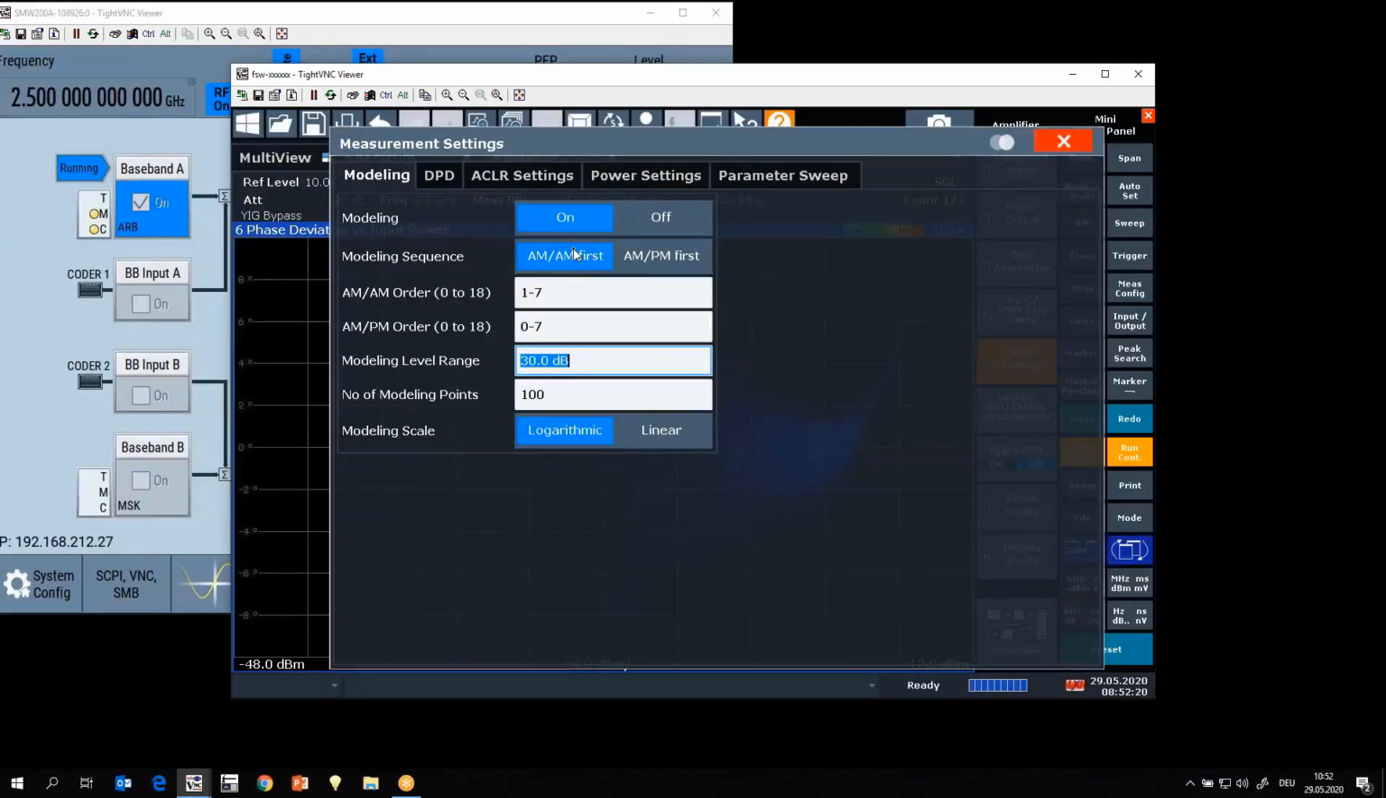So what parameters do we have? It's basically the polynomial order for AM/AM and AM/PM separately. It's the modeling level range. This is basically what level range we take into account for the modeling, where we do the curve fitting. And this is always from peak power X dB down. So if I put in 50 there,